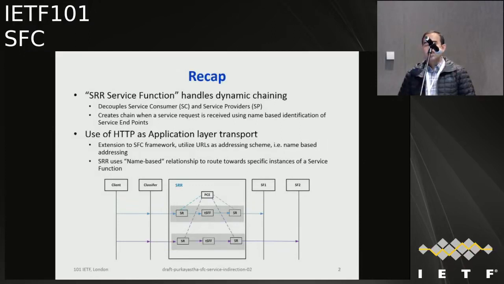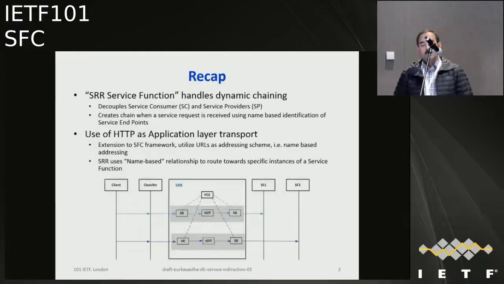This is just one example, where it uses HTTP as an application layer transport to realize the name-based identification. It describes an extension to the SFC framework, where a URL-based addressing scheme is used, and SRR uses this name-based relationship to route to specific instances of a service function.